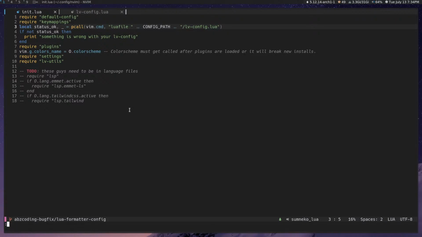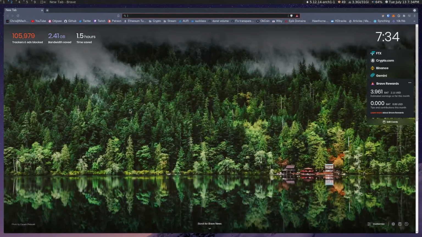Now the other thing is when you initially set up this object, and I'll show you how I'm essentially solving this, but if you look up formatter.nvim,